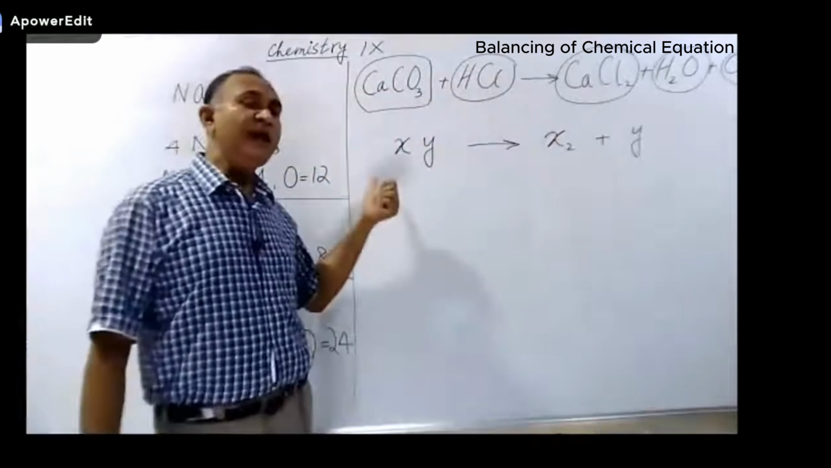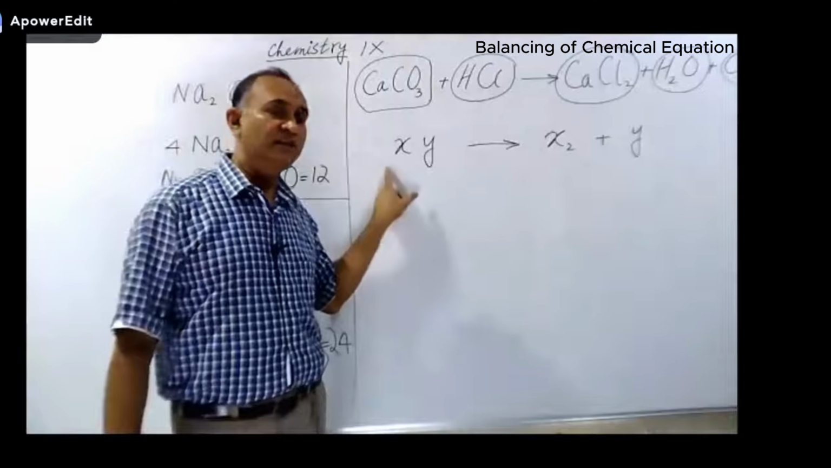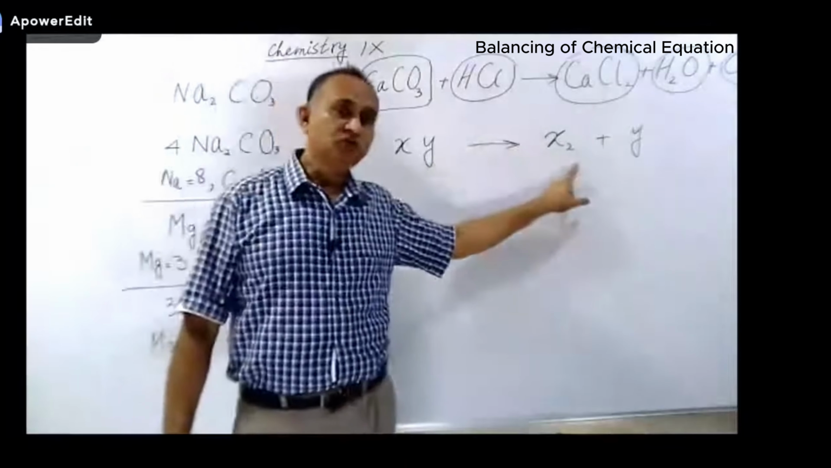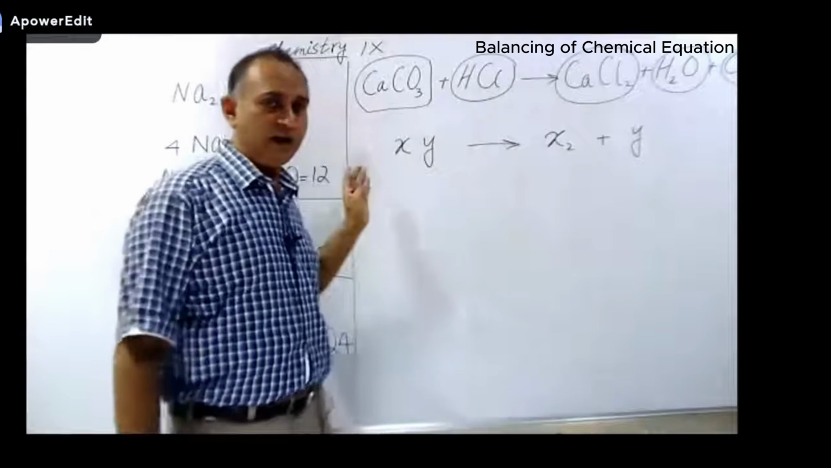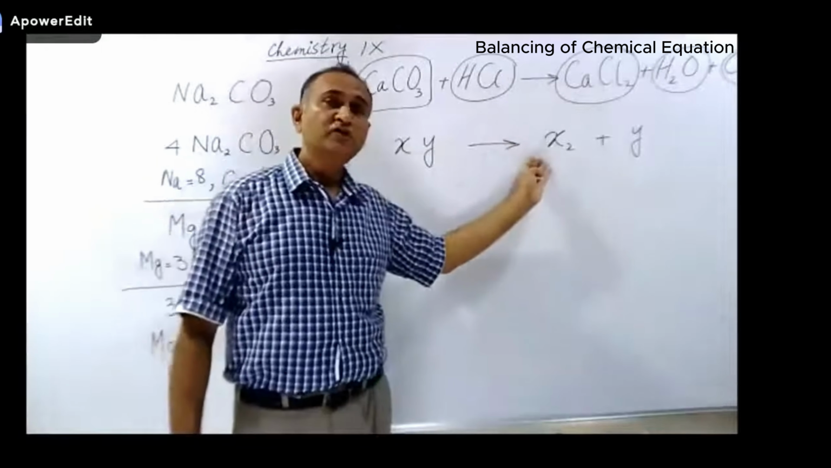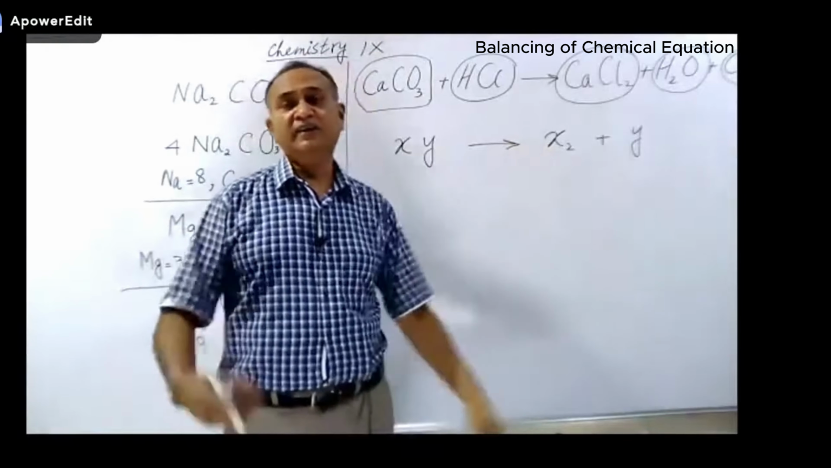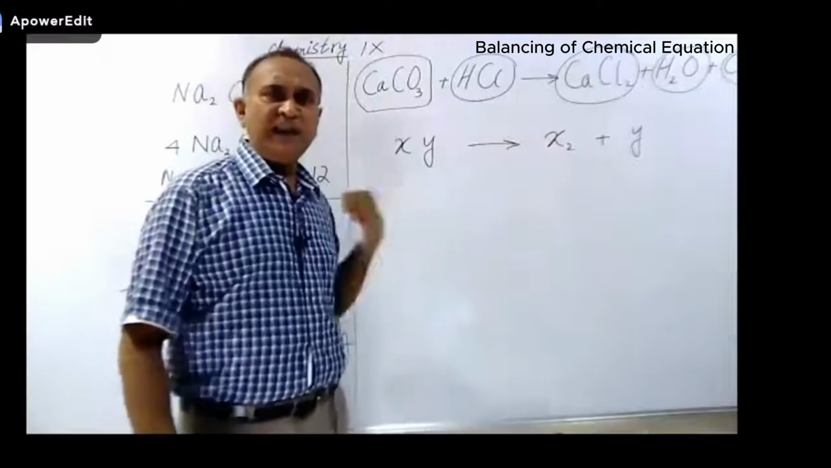If I ask how many X do we have on left side? 1. And on the right side? 2. Different numbers. Here we have only 1X, here we have 2X. If I ask you to just balance them,